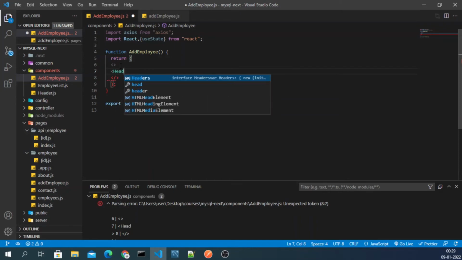Why am I not getting header in my automatic suggestion?